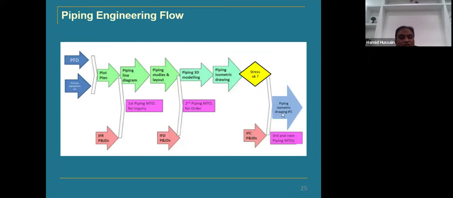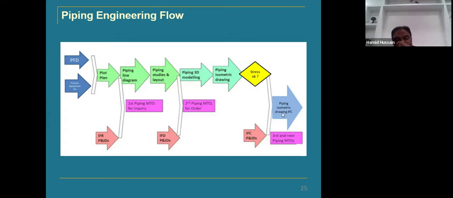So these are the engineering workflows. Of course, I just said correctly in the beginning, the main role will be of the process engineers, and the process engineer will have to develop PFDs and P&IDs, and with the help of that, the others will follow, like plot plan and piping will do the layout and their drawings, and then other studies and layouts will be done,